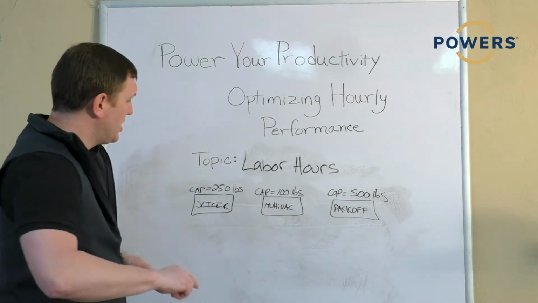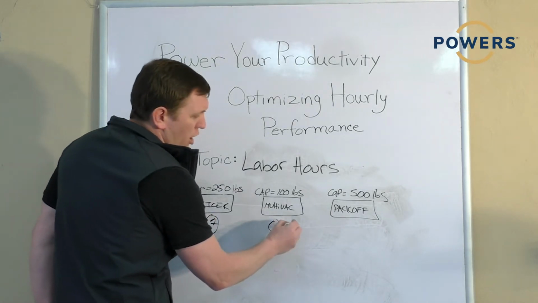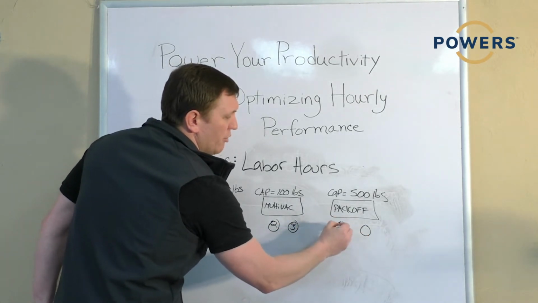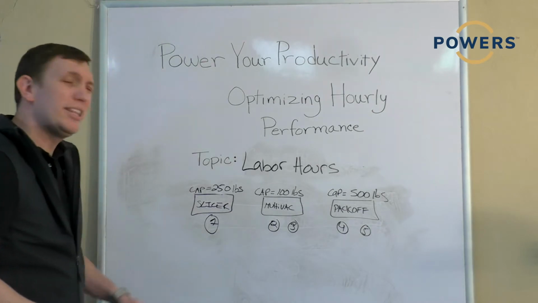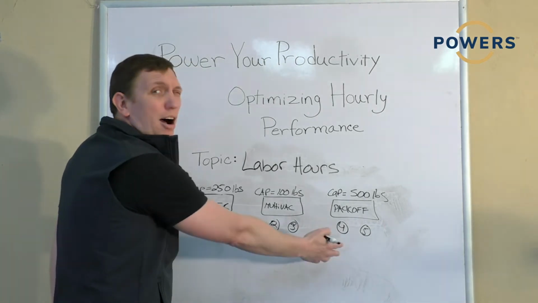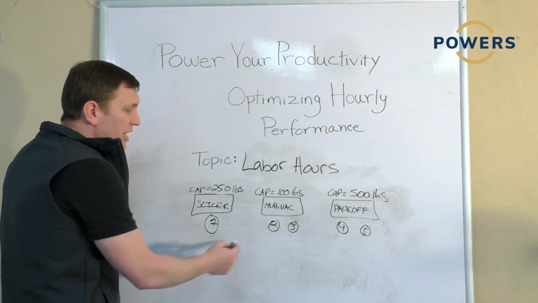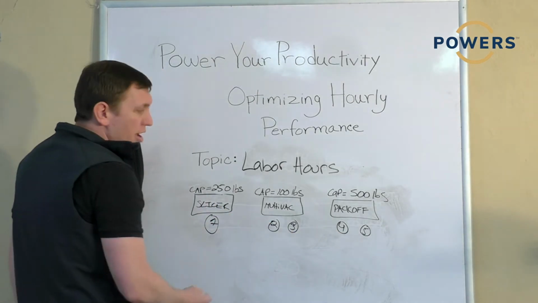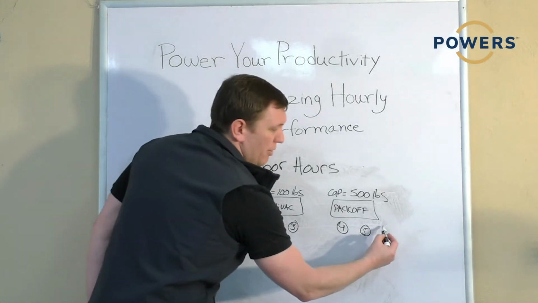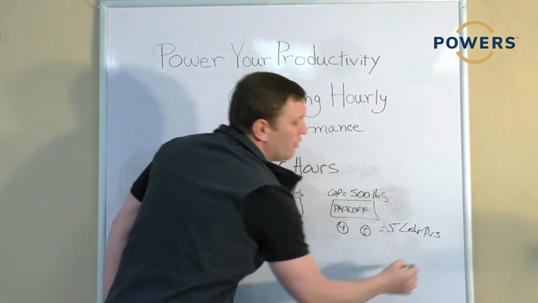So in this example, say we have one operator that is required for the slicer. Say we have two operators that are required for our multi-vac, and say we have two operators that are required for our pack-off station. So what this means from a labor hour perspective is that we have 5 operators that are working our line. When we talk about what is a labor hour, each individual that works one complete hour would be the labor hours required for that line. So if we have 5 operators, this is actually going to equal 5 labor hours